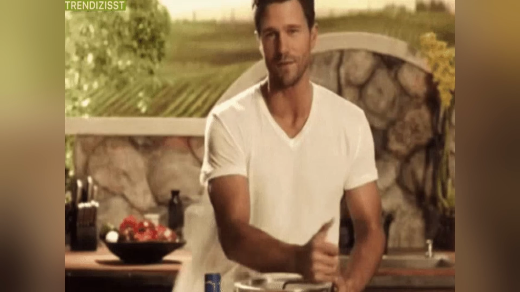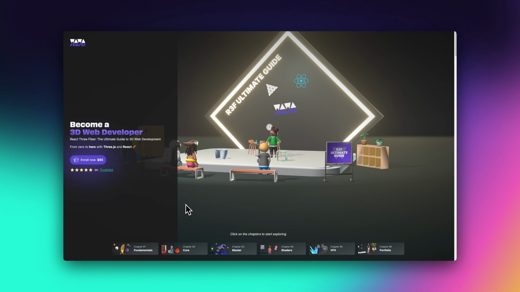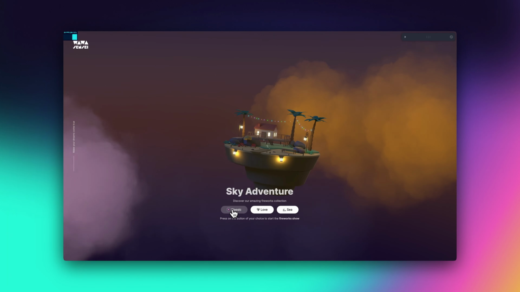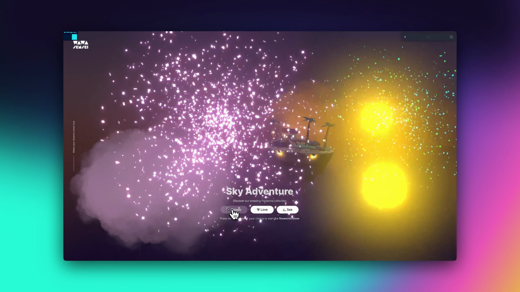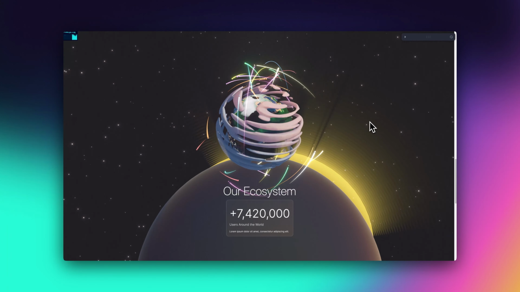Hi, it's been a while, 4 months actually. I've been cooking something big. Today, not only are we building a mini axe throwing game together, but I'm also releasing a brand new chapter in my React 3 Fiber course. All about particles, trails, VFX,